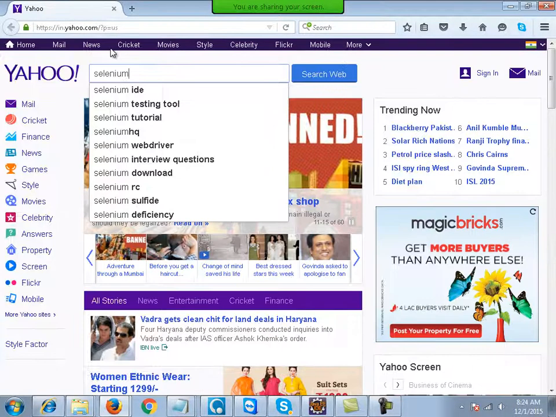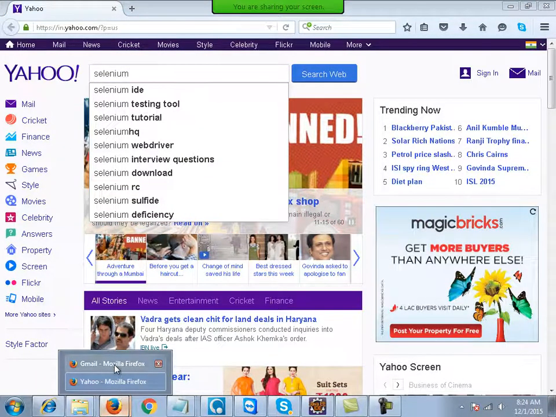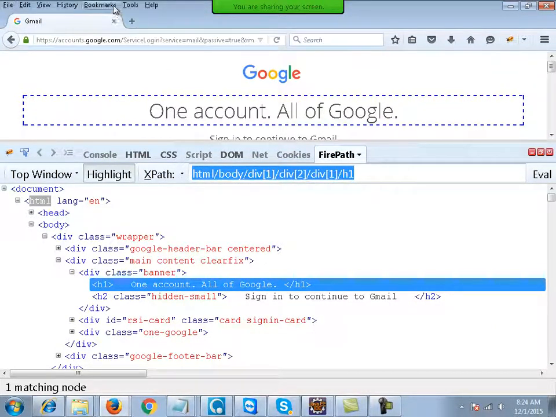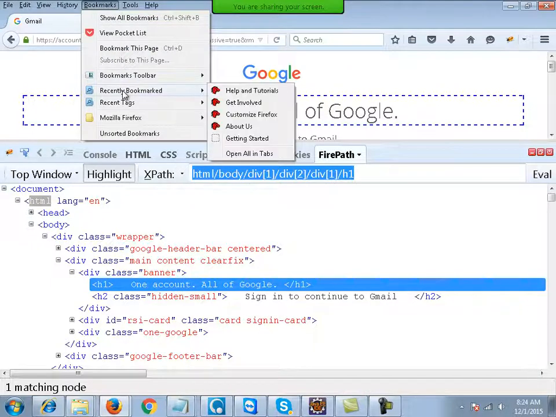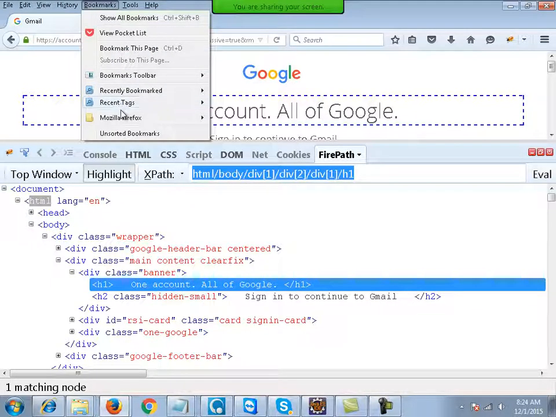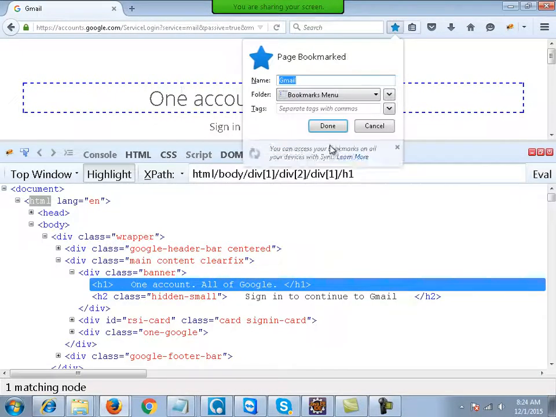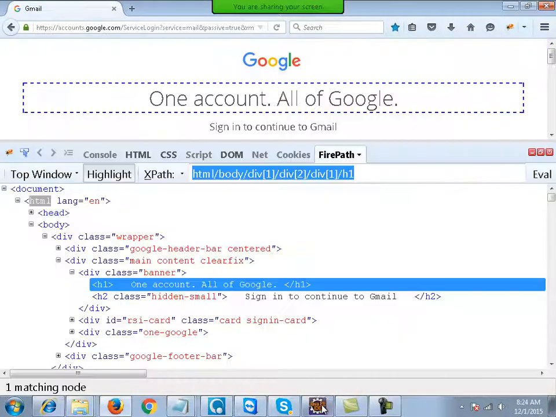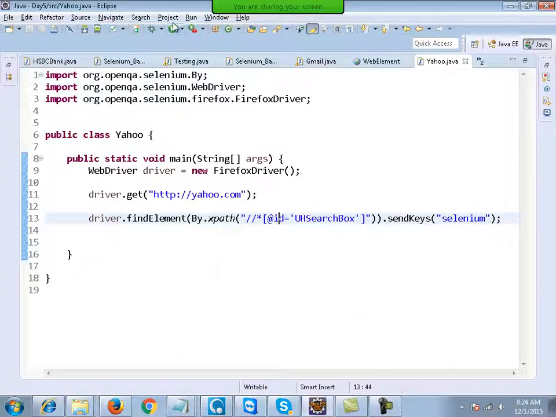It's like a fresh Firefox which is installed in your machine and it gets opened. For example, in my original Firefox which is installed in my machine, Firebug is there, right? And probably no bookmarks. Okay, fine. Suppose I bookmark this page. I bookmark gmail.com. Fine. And if I again execute this code,